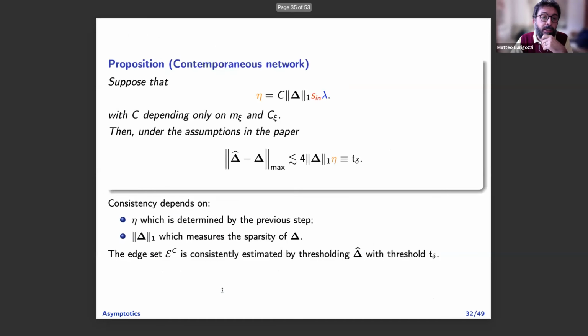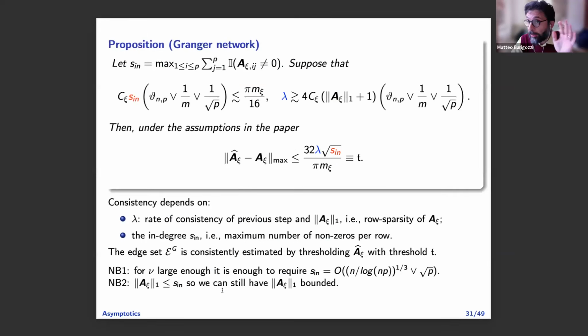Okay, all these three are bounds that do not guarantee sign consistency, okay? In fact, we know that if you estimate a VAR with lasso, you don't get sign consistency unless you do, for example, adaptive lasso, because you need a condition that is typically not satisfied. It says that the regressors with zero coefficient and with non-zero coefficient should be uncorrelated. That's not the case in a time series. So typically you would need to do adaptive lasso. So adaptive lasso would be the way to ensure sign consistency, but that's annoying because you need a pre-estimator again.